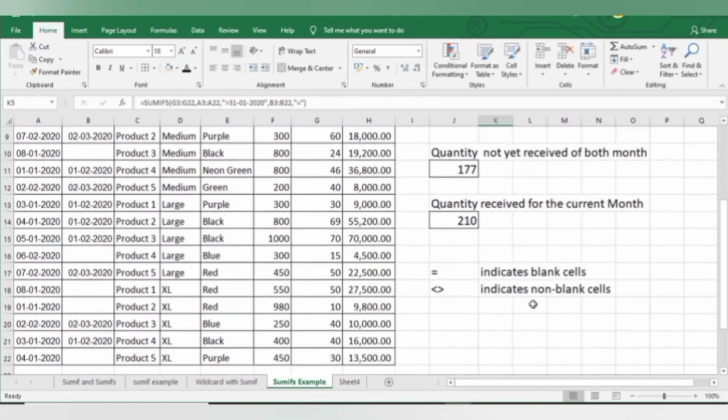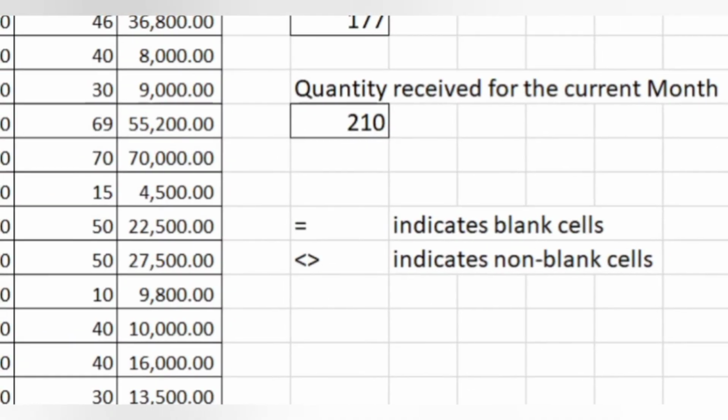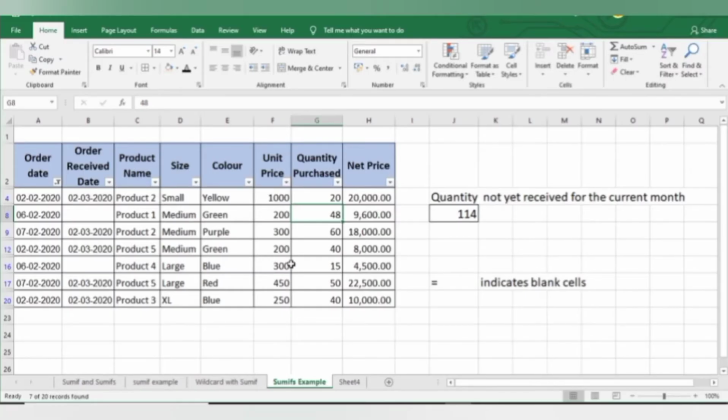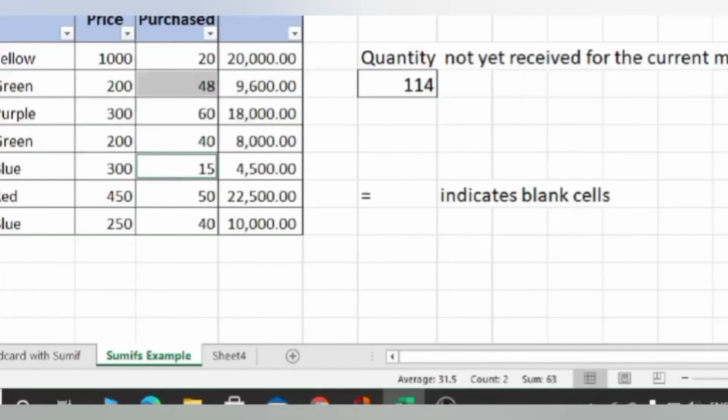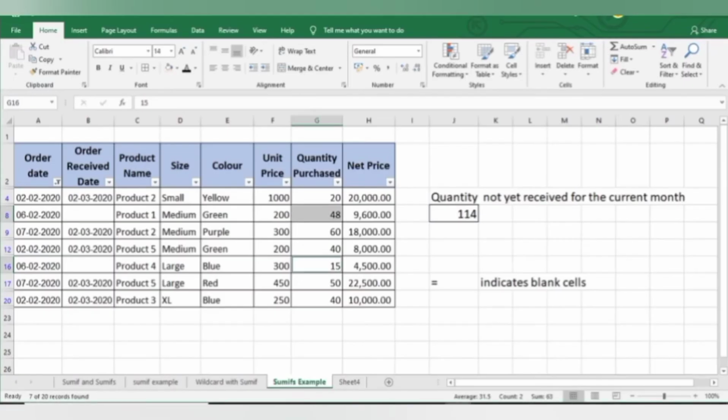And here equal to indicates the blank cells, and greater than and less than symbols are indicating non-blank cells, that is the cells which are not empty. These are two cells for which I have not received my quantity and their sum is 63, which is the same as my answer.